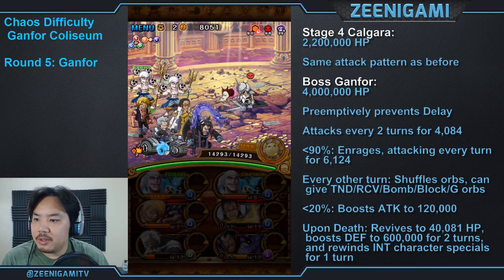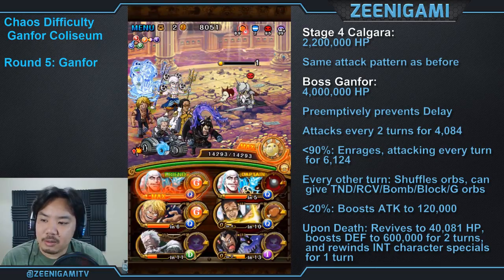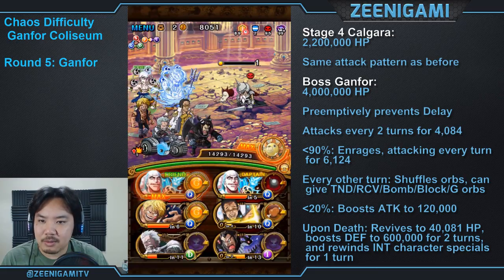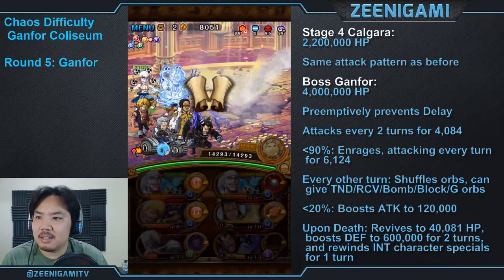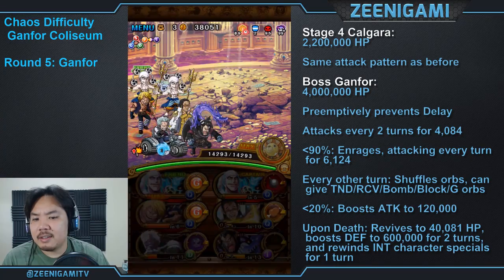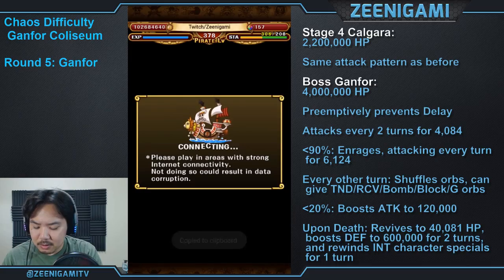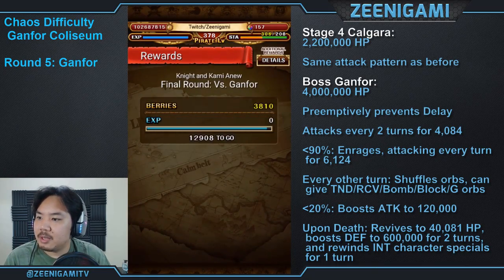After he revives, he's going to heal to 40,000 hit points. He's going to boost his defense to 600,000 hit points. And he's going to increase the cooldown or rewind the specials of all int types for 1 turn, so you can't use an int special to kill him. But he's still poisoned, so he's still going to take 1.5 million hit points. And he is dead. So Ganfor is not the most important character to farm. If you don't farm him, that's totally fine. But what he does...